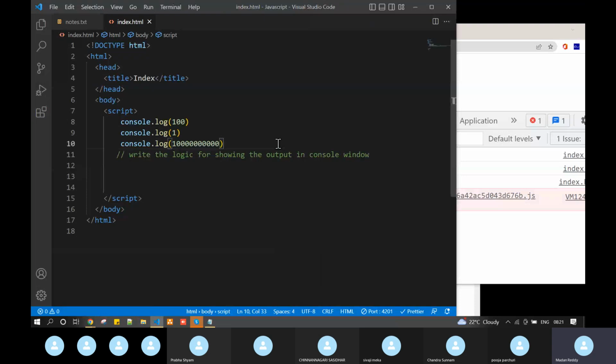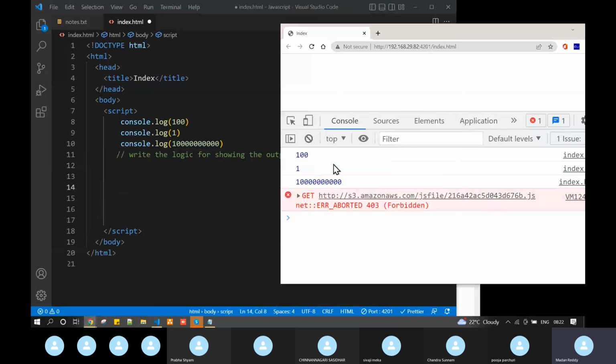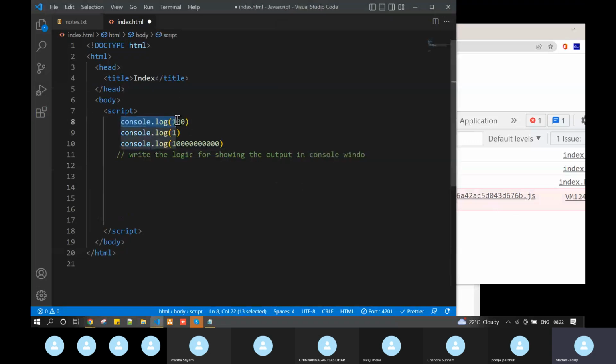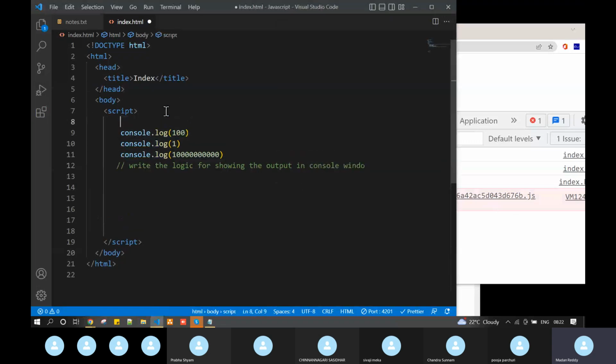So many developers might work on the project. In some situations, you did some logic. As the team leader, I might tell one of the developers to print some 100 value in the console window. I have given the task to that guy, and he has prepared this kind of code. He can give a comment if he wants to create one. So Madan has given the